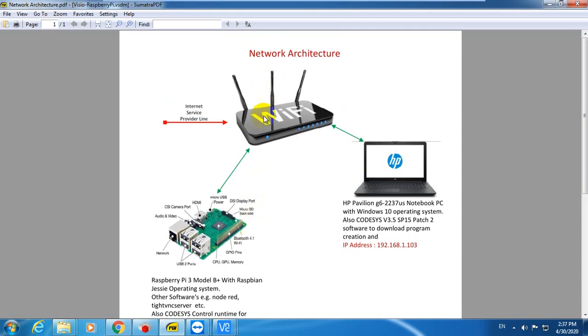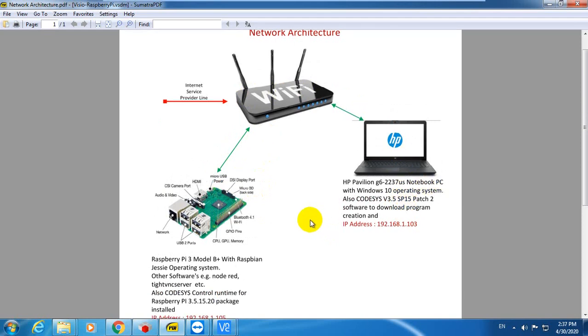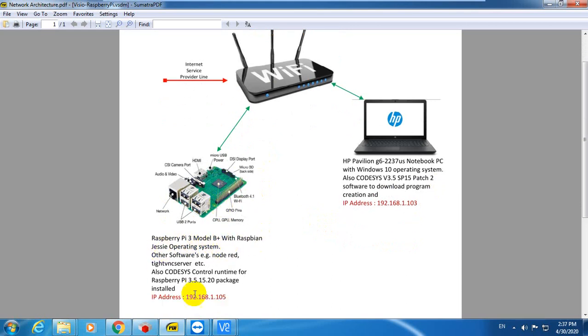As you can see, I have the Wi-Fi router connected with the Raspberry Pi and the HP Pavilion notebook, which is my laptop. At present, I am using the Raspberry Pi 3 Model B Plus with the Raspbian OS. And as you can see, I have the Node-RED and the TightVNC server software installed on my Raspberry Pi. Along with that, I have the Codesys Control Runtime for Raspberry Pi also installed, which has a version of 3.5.15.20. And I have assigned the IP address to the Raspberry Pi, which is